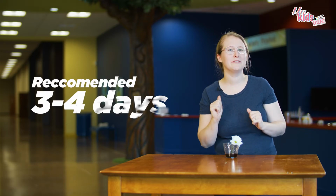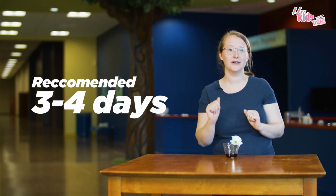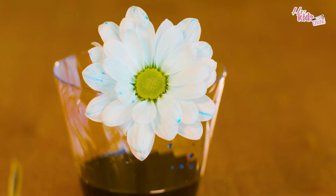The longer you leave your flowers, the brighter the colors are going to be. And as an expert, I recommend leaving them in your food coloring solution for 3 to 4 days. I left this flower in for 2 days, and as you can see, the white flower is starting to turn blue. Crazy, right? So flowers in each petal and all through the stem have these veins that help the flower